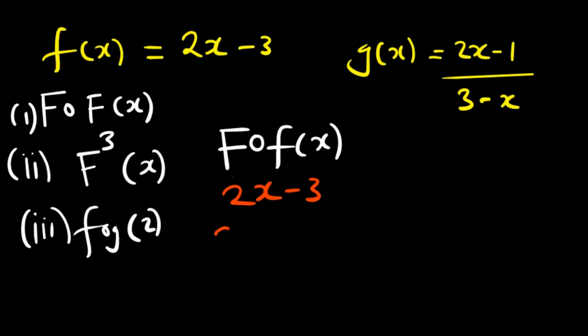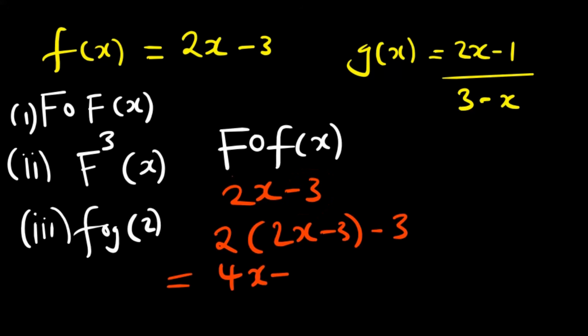So I'm going to say 2, where there is x, I'm going to put 2x minus 3. Don't forget there's a minus 3 here, so put the minus 3. So when I now solve this, I'm going to have 4x minus 6 minus 3. So this will give me 4x minus 9. So that is our answer. Okay,